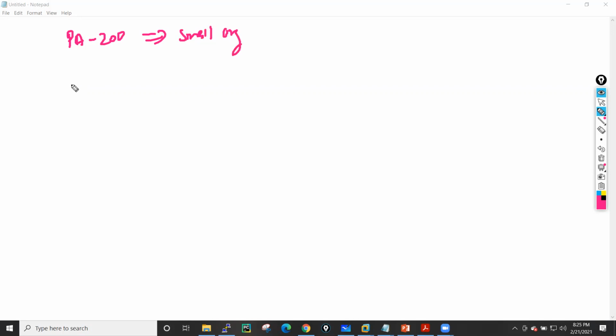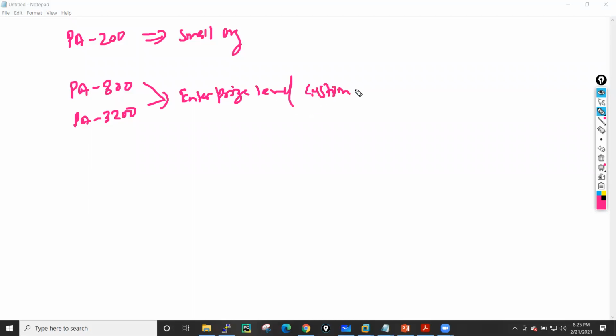After that, Palo Alto has the PA 800 series and the PA 3200 series. These are the two series for enterprise-level customers.